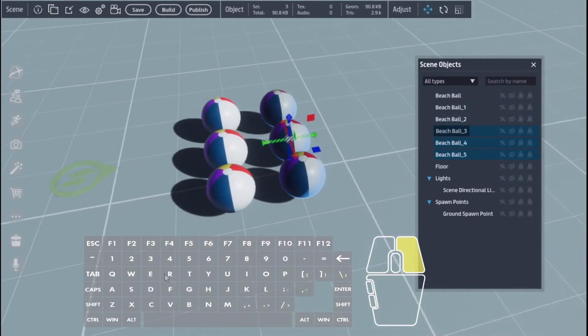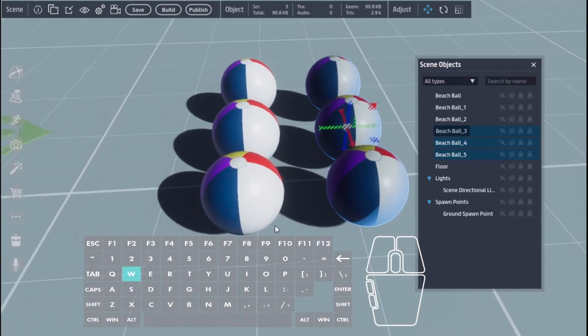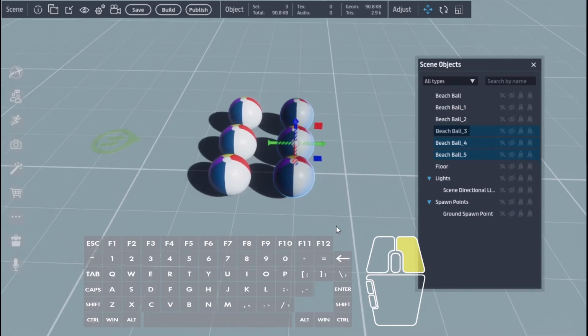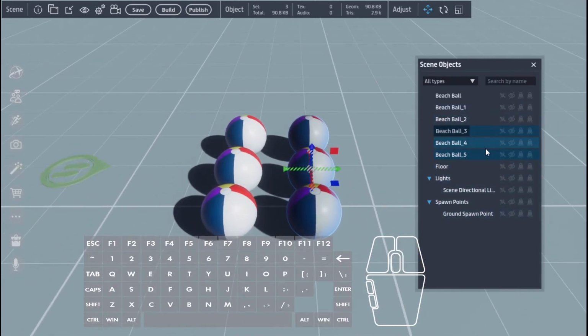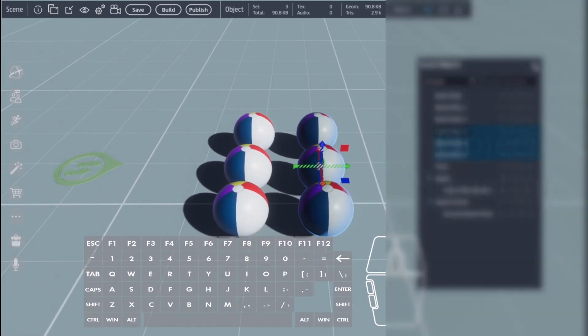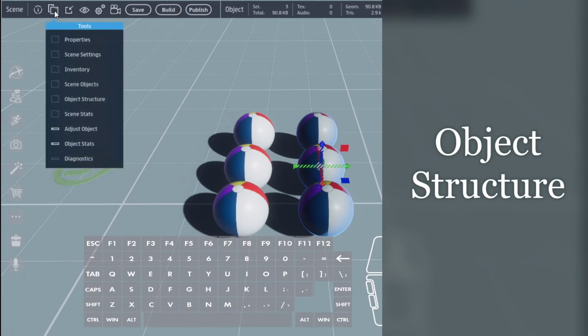Okay, so this is like the visual of everything, and the scene objects is actually like the nomenclature and everything that's on your checklist, right? So, I can give you other ways to use this that will help you be effective and efficient in designing worlds. Okay, so let's go ahead and exit out of that. Let's go into